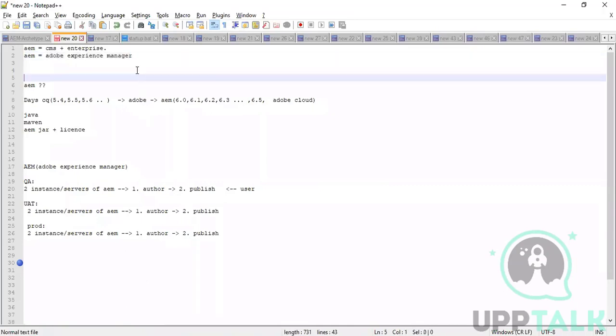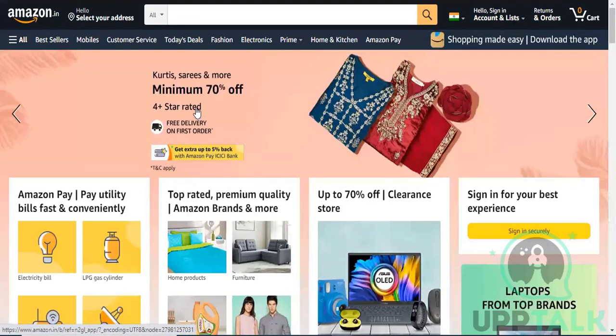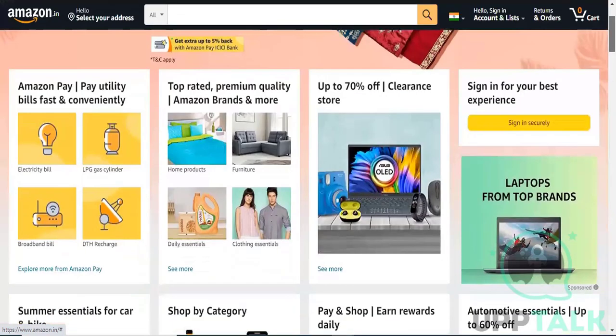So the smallest part of a page built in AEM is created using a component. The component is a core concept of AEM, used to define the look and feel of the page. The whole look and feel of the page is achieved using components, and a collection of components creates a page in AEM. So you drag and drop multiple components on a page, which finally creates your whole website page.